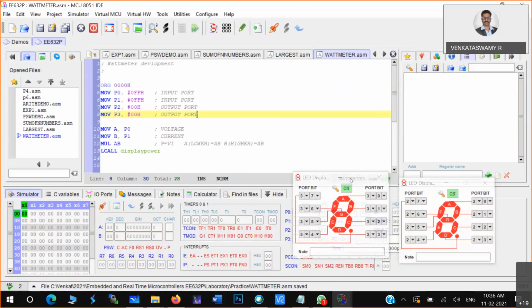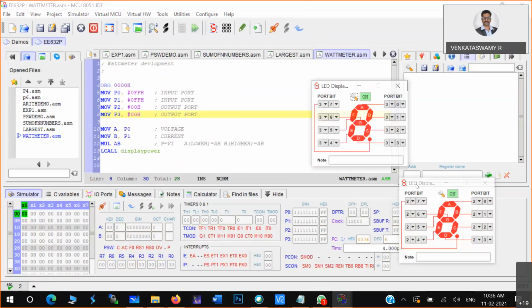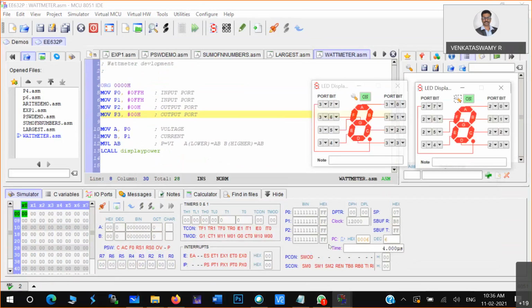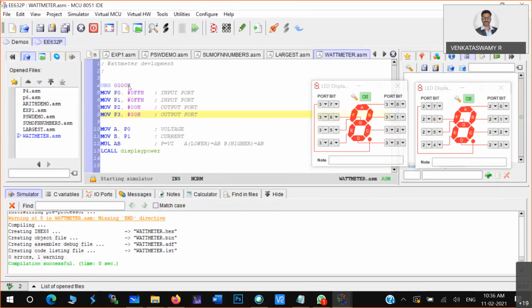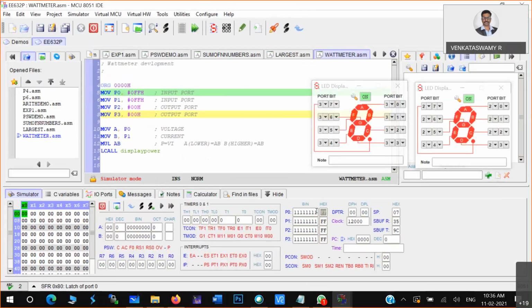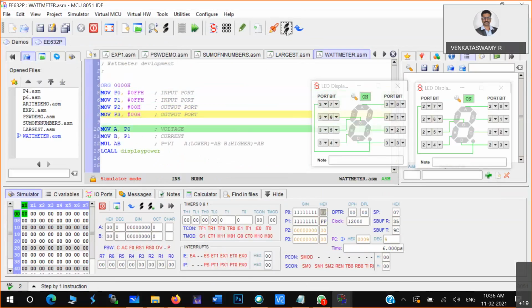Now I'm just keeping this particular display here, and this time I'll keep some values in the port, 0, 1. I'll go to run mode and then execute.